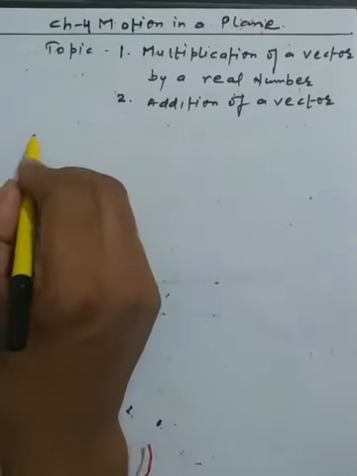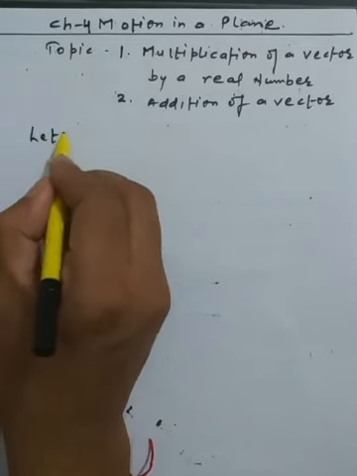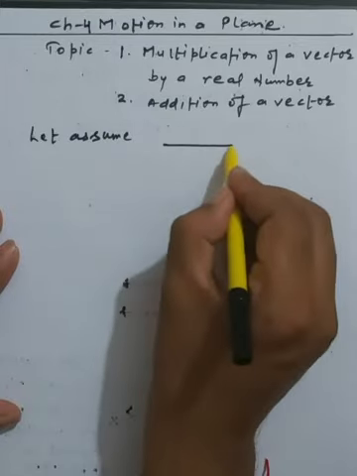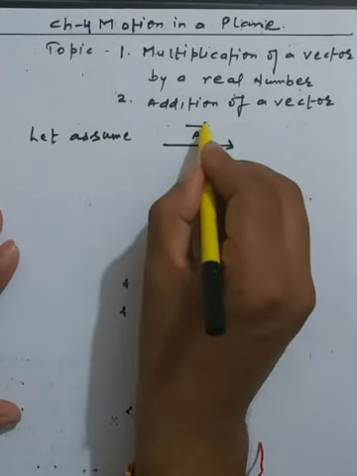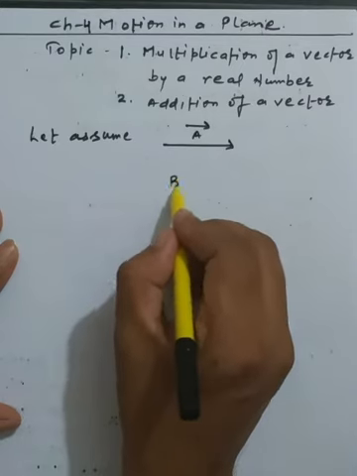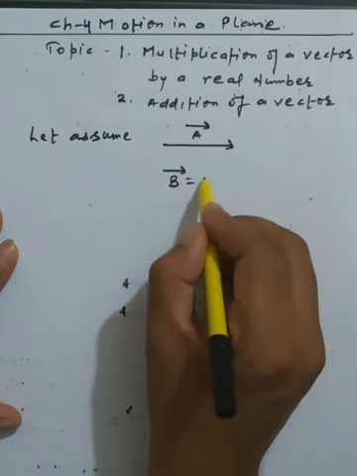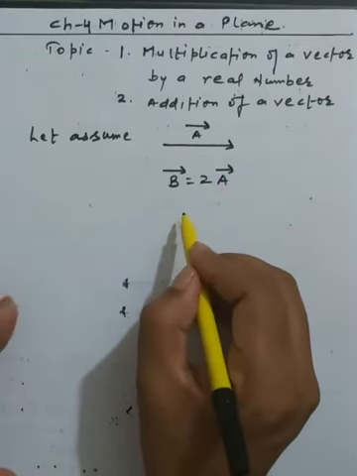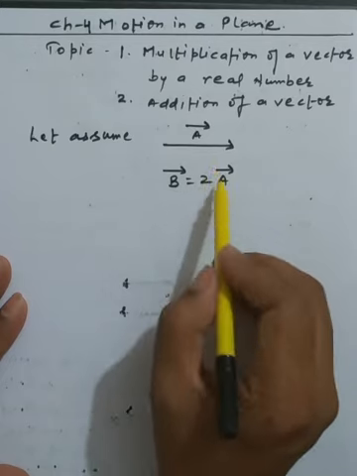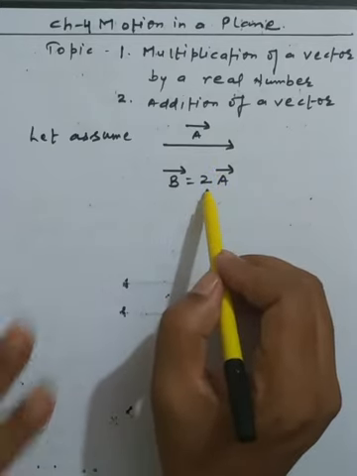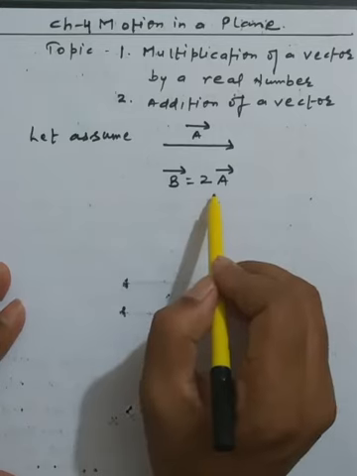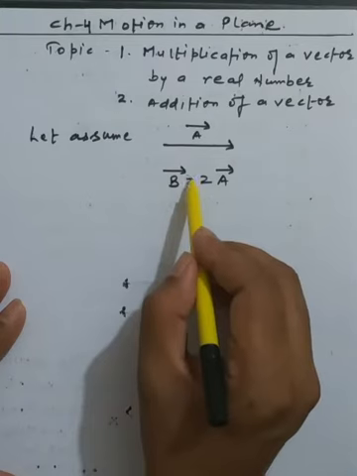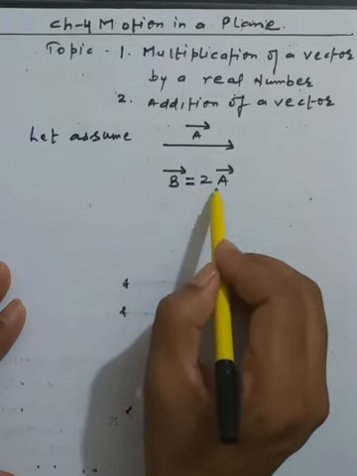Let's assume we have the vector A, and we are asking for a new vector, called vector B, that could be 2 times the vector A. So here we are just multiplying the vector A by a real number, that is 2. Suppose I am taking this as an example. We have to pay attention to the sign also. So we are getting the positive sign in the magnitude.